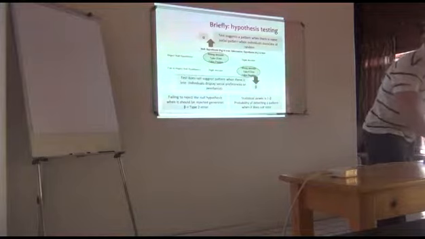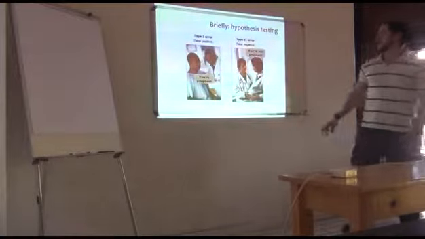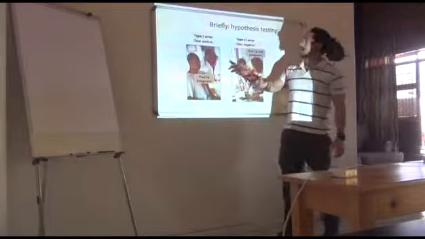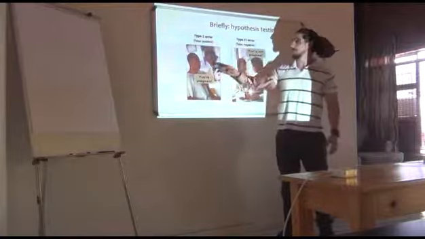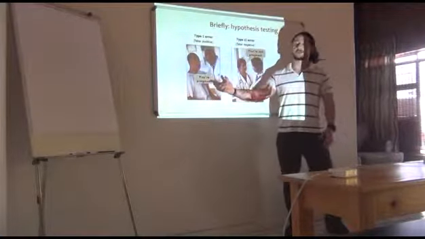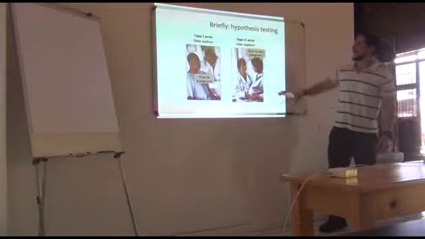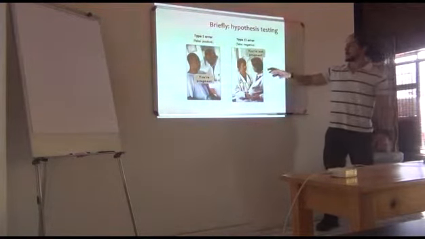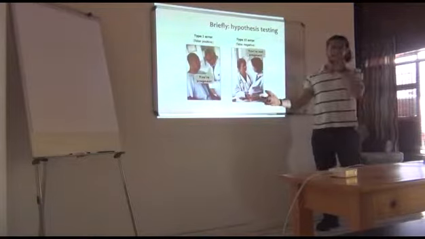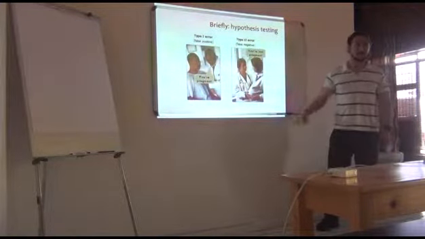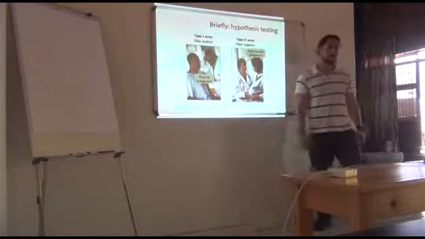Just to give you a better example of this false positive and false negative. Here's a case of type 1 error, so you detect a pattern when there is none. Maybe there is, and here's the other way around. There is clearly a pattern here, but we're not detecting it. So we want to avoid these two things,